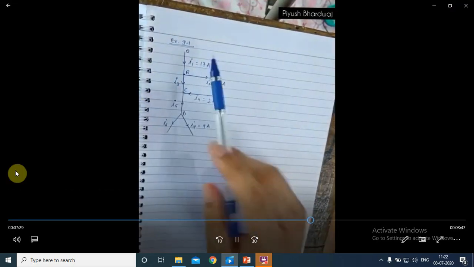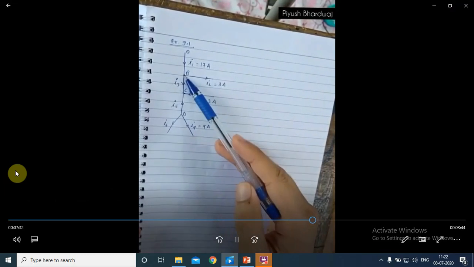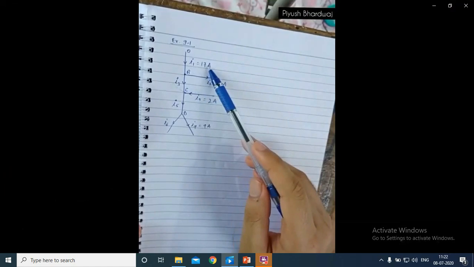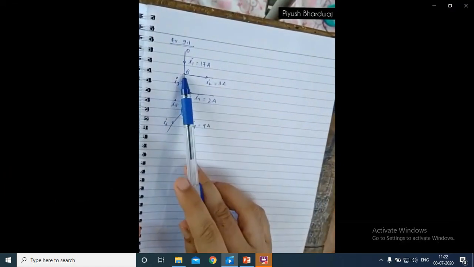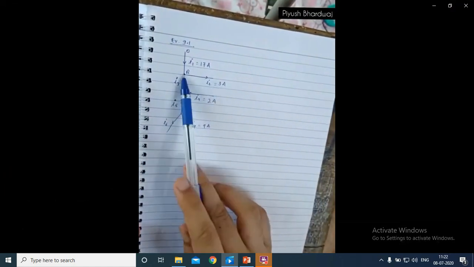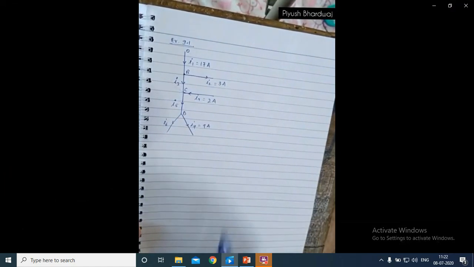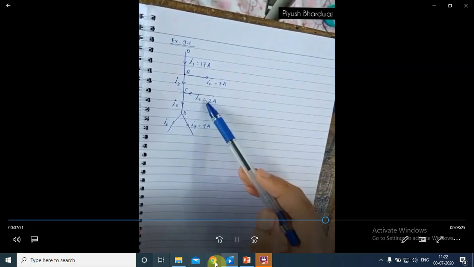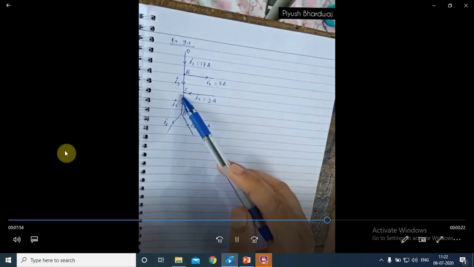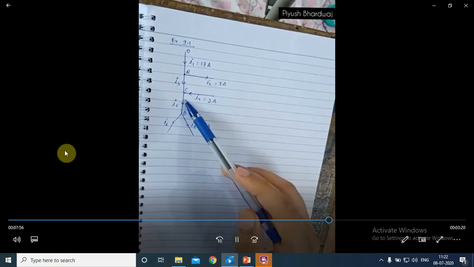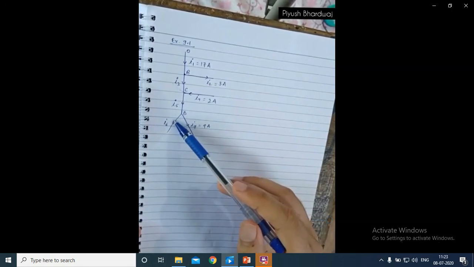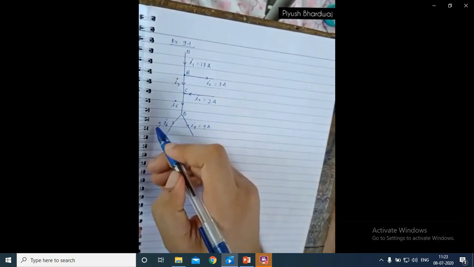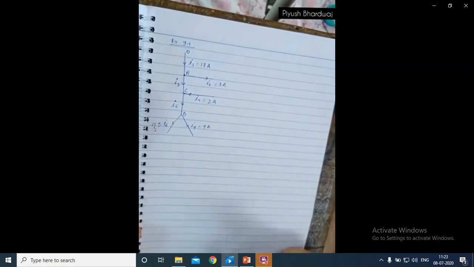Now here it is given that there are three junctions, you see, B, C and D. A current I1 of 17 ampere is coming in. At B, I2 of 3 ampere leaves the junction. So I3 will come, and at C a current I4 will join. Now from C the current I5 will come, and it will be divided between I6 and I7. Now we have to calculate I6. What is the value of I6?